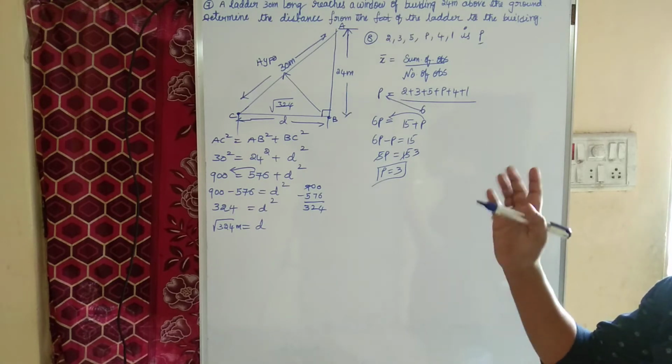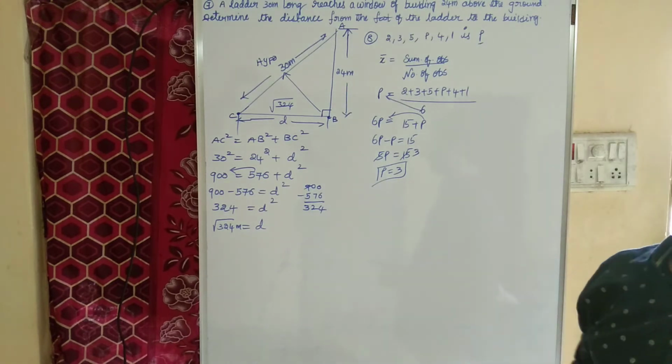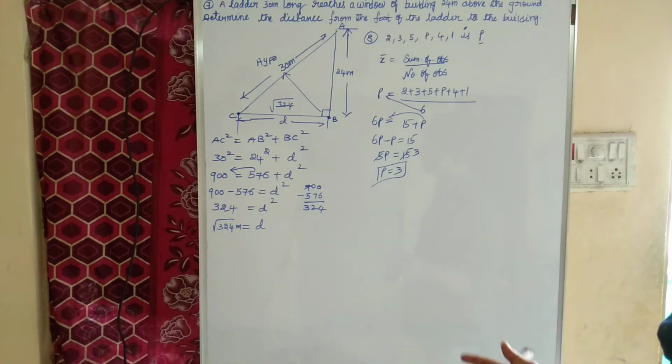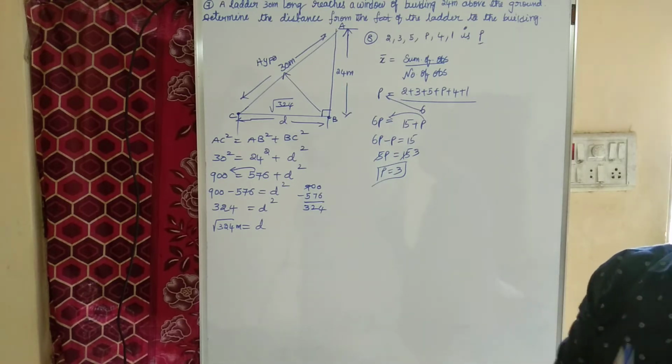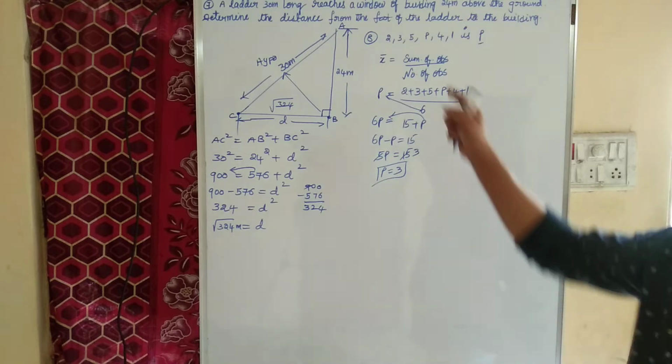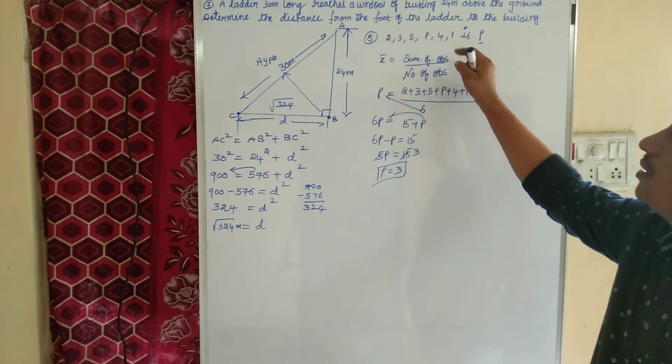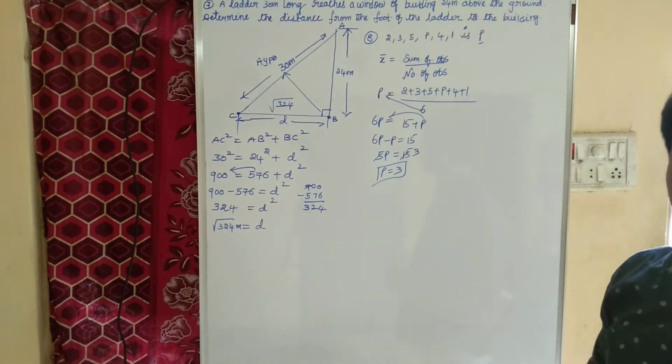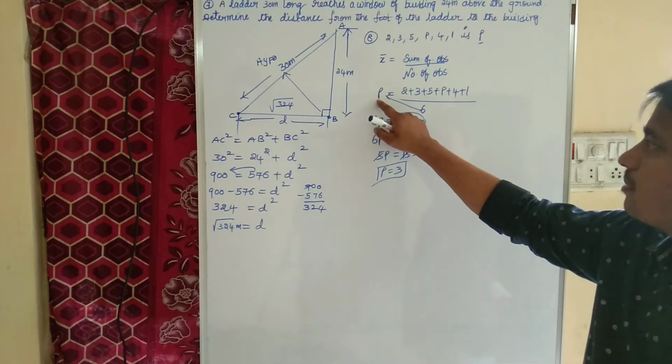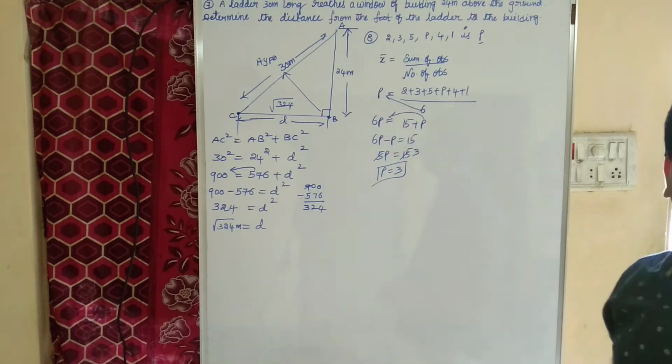See, you need to focus on this method of problems. Okay, not any toughest problem. The thing is we need to understand the question. Given the data is 2, 3, 5, P, 4, 1 and mean is given P. Okay, that is the reason I wrote P in the place of mean. Then we did cross multiplication.